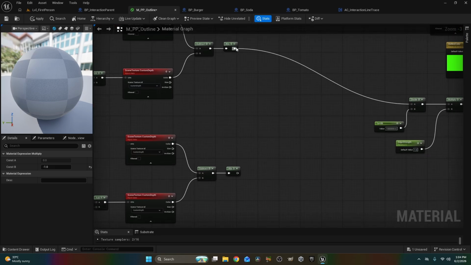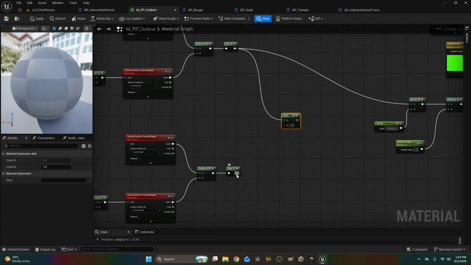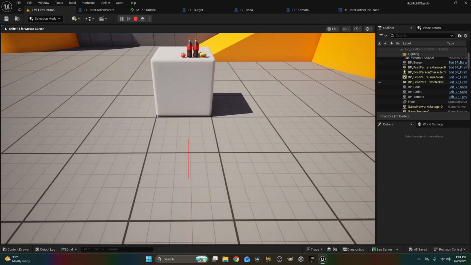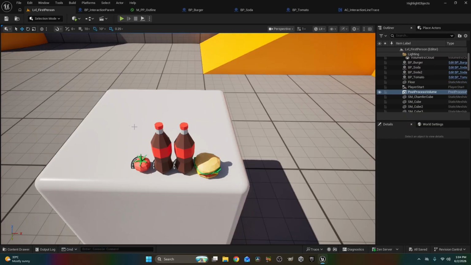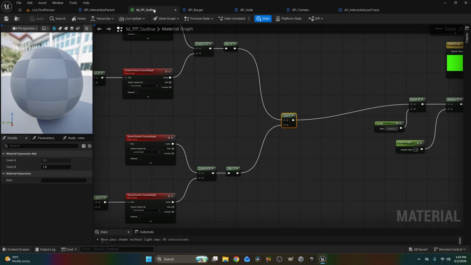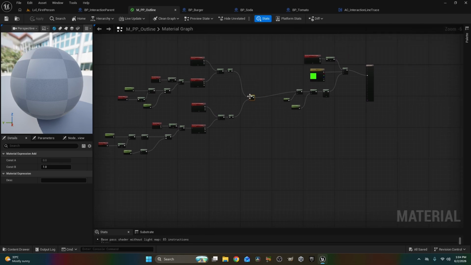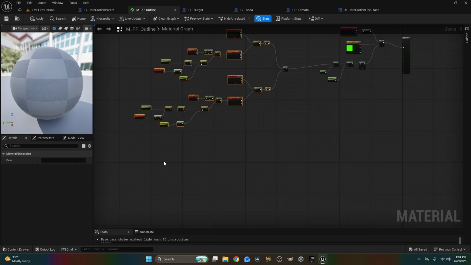Then all we have to do is, from our absolute values, we just do an add node, and we add these together, and then we plug that into our A. So if I hit play, because we're still at that offset 1, we'll see now it is offset to up and down. The next thing that we have to do is now do our X, which our X is very simple. So we're just going to take all of this, we're going to duplicate it one more time,